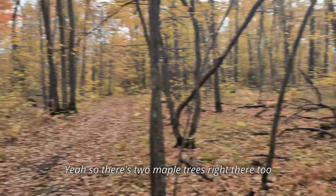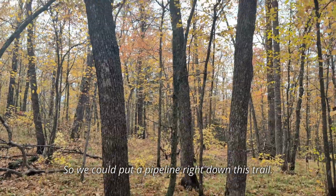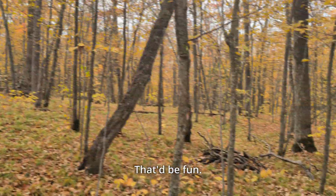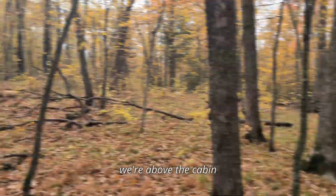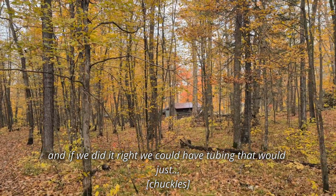Yeah, so there's 2 maple trees right there too. This one here is a basswood, and those other 2 big ones right there are maple. So we could put a pipeline right down this trail. Yeah, that'd be fun. Well, when you stand here and look, we're above the cabin, and if we did it right, we could have tubing that would just...